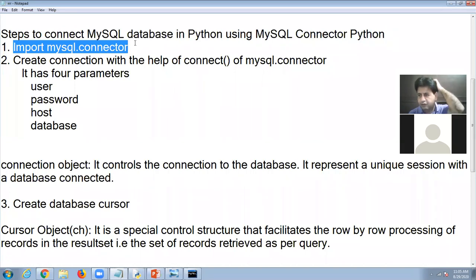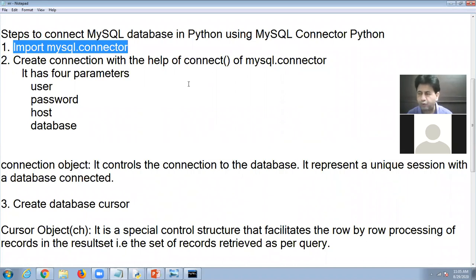Without MySQL connector, we can't establish the connection between MySQL and Python. We will have to download this module from the internet. After downloading, we will have to install it. And in MySQL connector, there are so many functions which we can use in data connectivity.